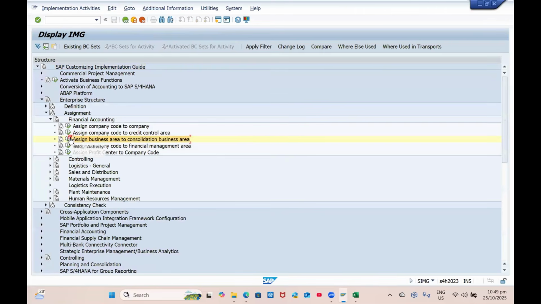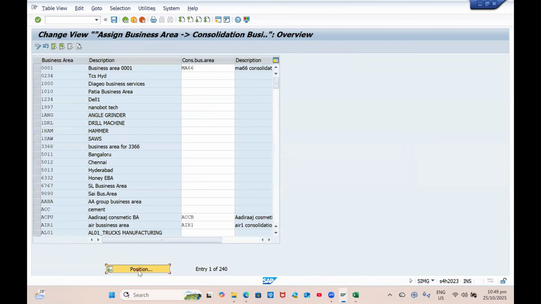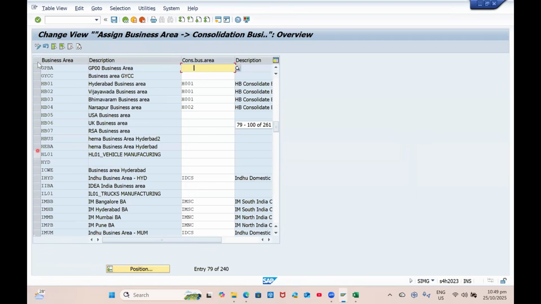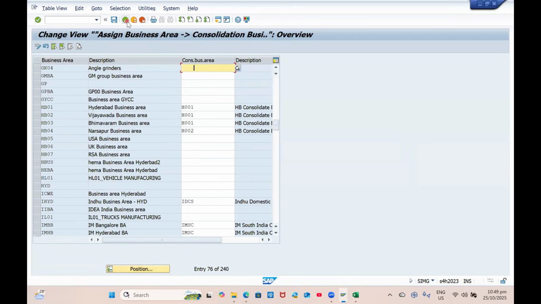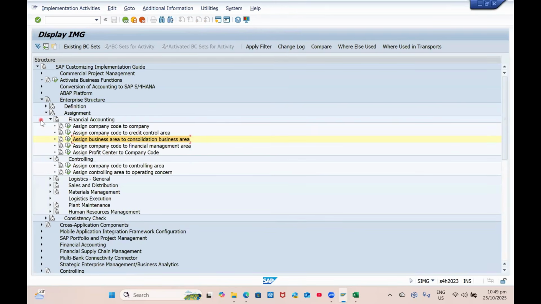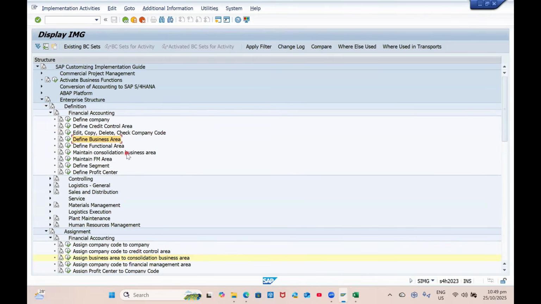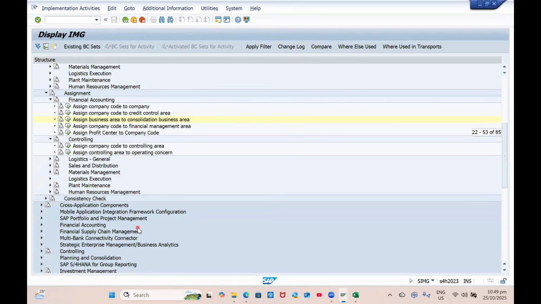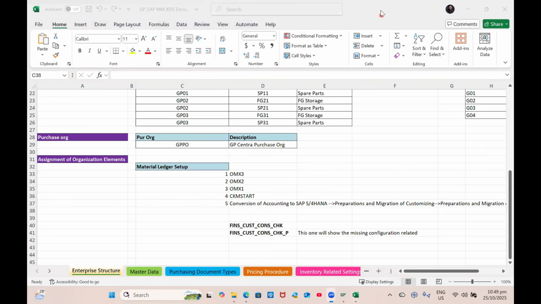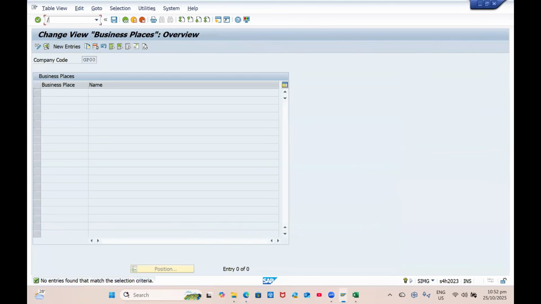Okay, this is the one. Company code, consolidated GP00. But our thing is business place, controlling, definition, financial accounting. This business area is different and business place is different. Let me find that business place config. Okay, we will do the business place configuration. We'll do. Go to SPRO,